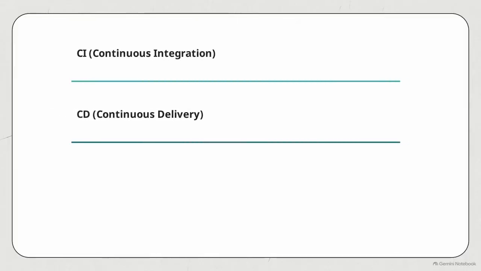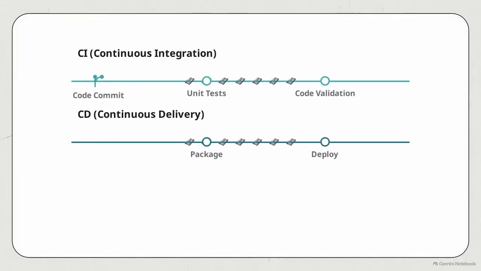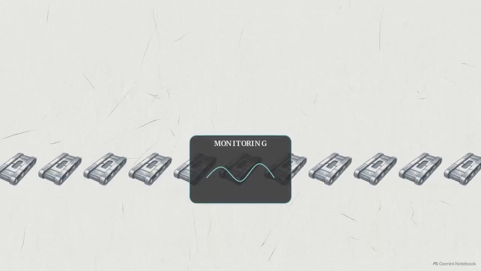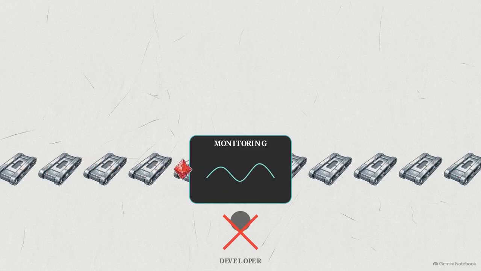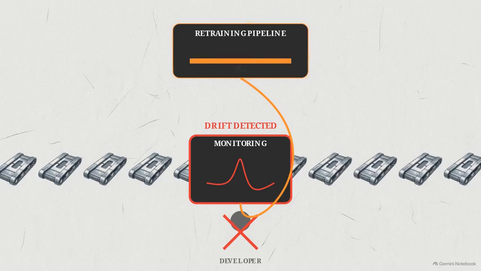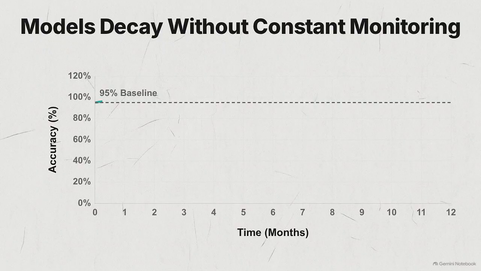This workflow shows how that tooling differs from traditional software. Standard continuous integration and continuous delivery manage testing and deployment. Machine learning adds a unique third branch, continuous training. Continuous training relies on monitoring systems rather than developers. The moment the system detects data drift, it removes the human bottleneck and triggers automatic model retraining. Relying on a deploy and forget methodology is fatal to machine learning systems.